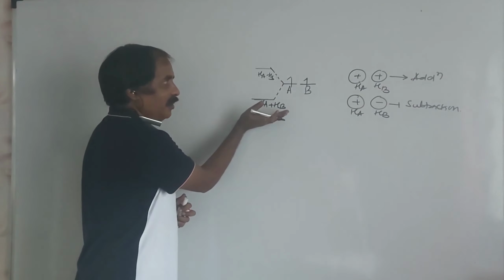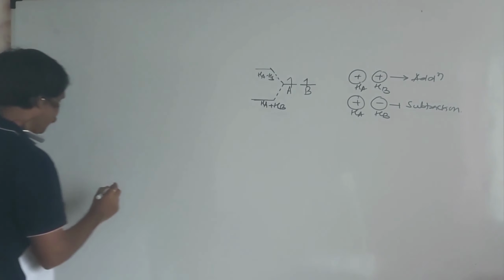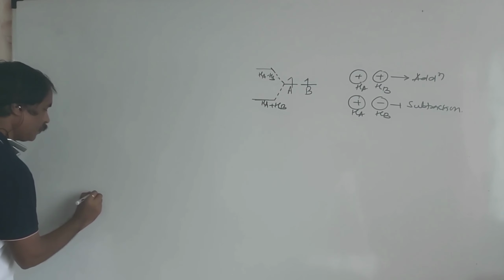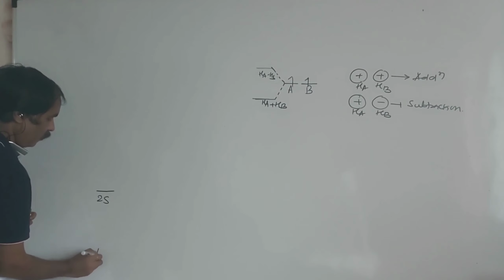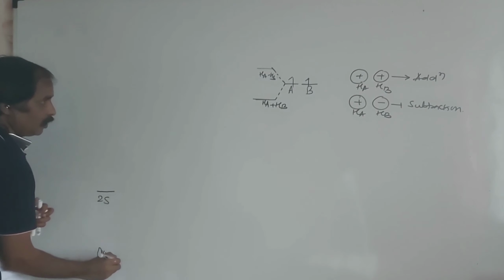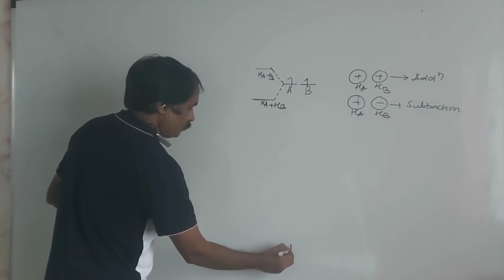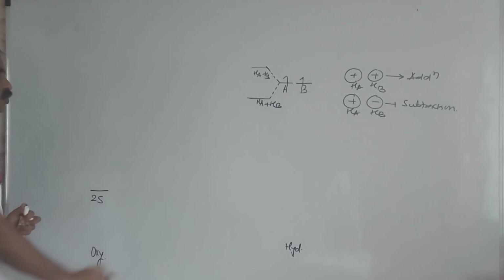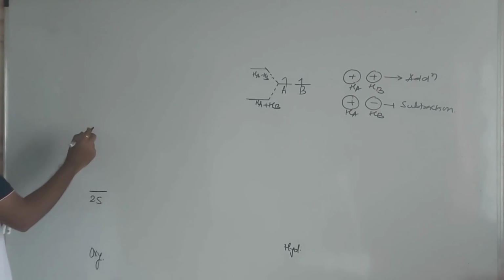So this is about the potential energy of hydrogen. Here I will take the potential energy of the 2s of oxygen. Here it is the 2s of oxygen, and here the atomic orbitals of oxygen. Here the atomic orbitals of hydrogen, and in between these two, the formation of molecular orbitals.